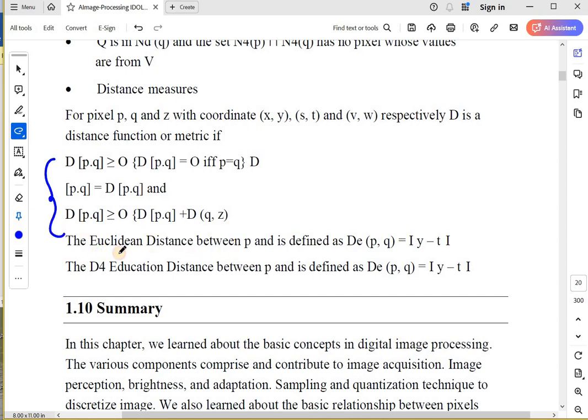Okay, we are going to use what is called the Euclidean distance. The Euclidean distance between P and Q is defined as DE, that is, the Euclidean distance of P comma Q is